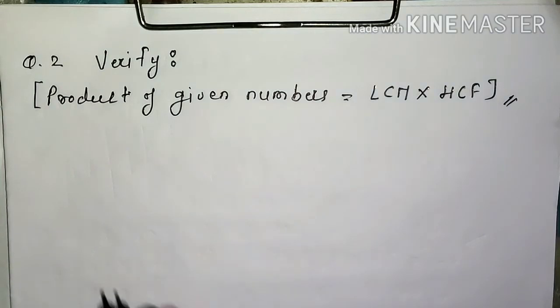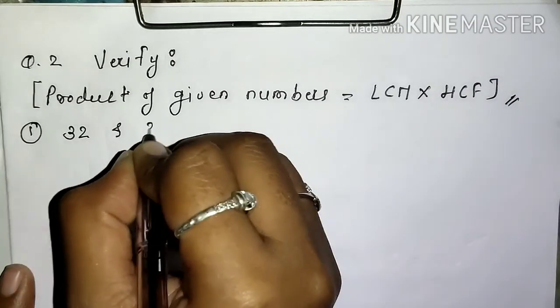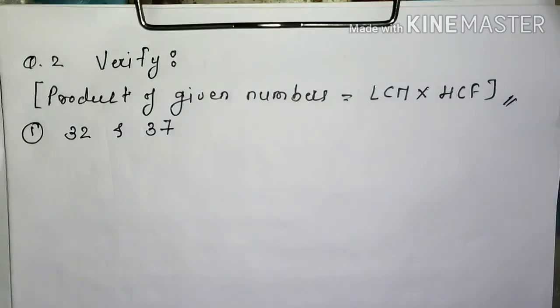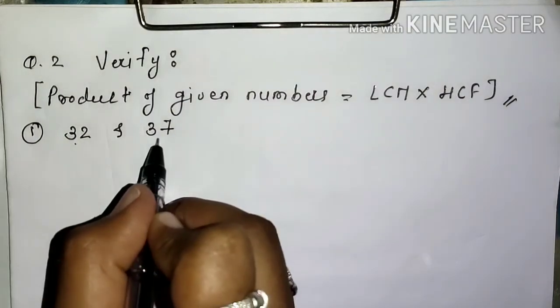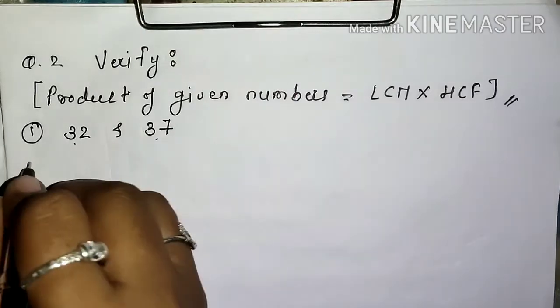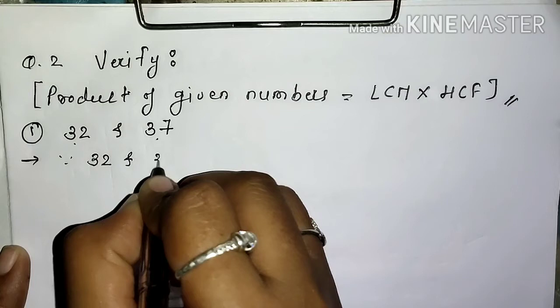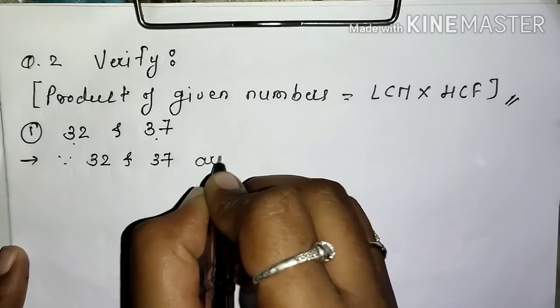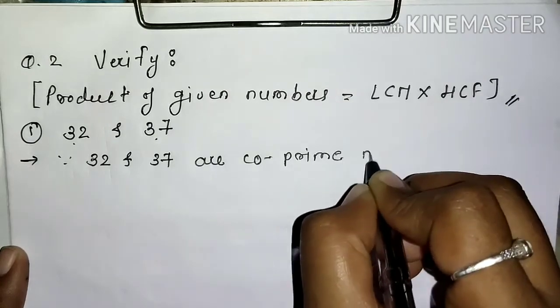So we have the first example, 32 and 37. Now if I observe carefully, 32 and 37 are co-prime numbers. Why? Because only one is the common divisor. So since 32 and 37 are co-prime numbers,